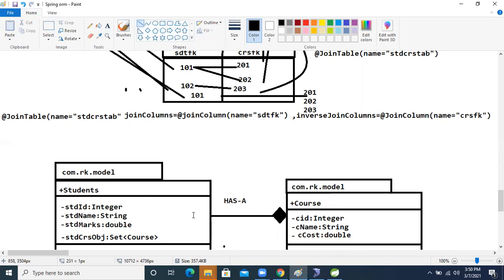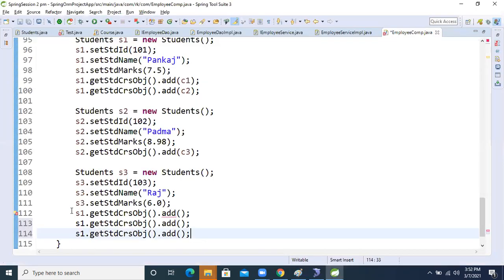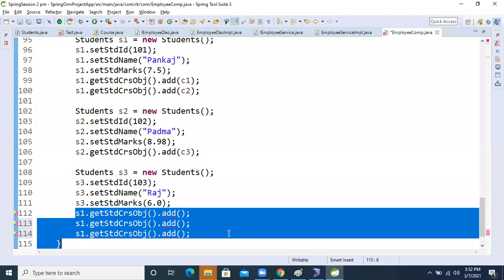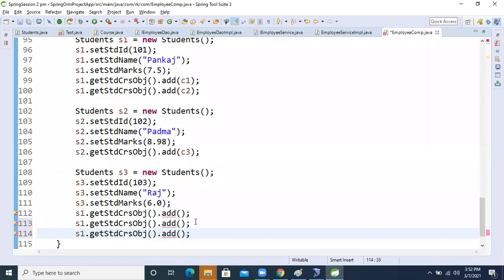Raj is doing three courses, one, two, three, so three times we will call the same method. Course 1 also Raj is doing, course 2 also doing, and course 3 also doing.